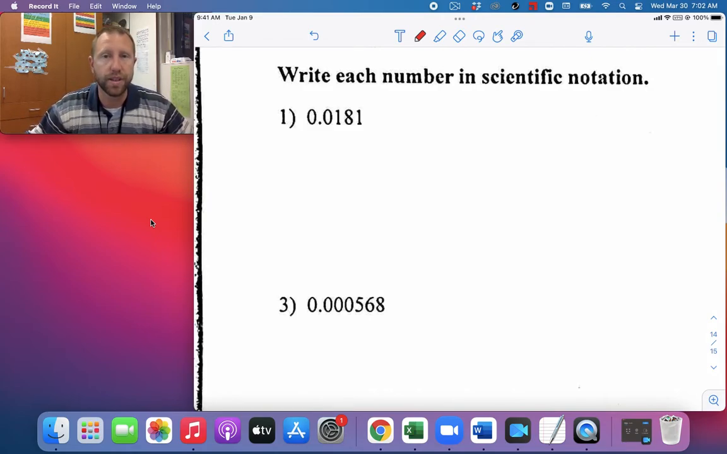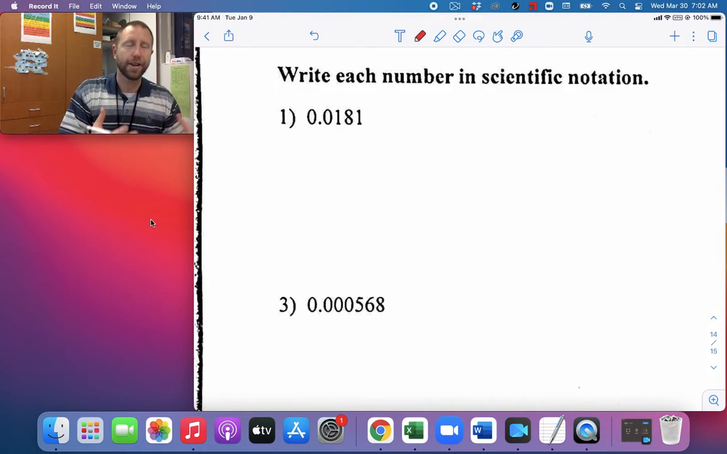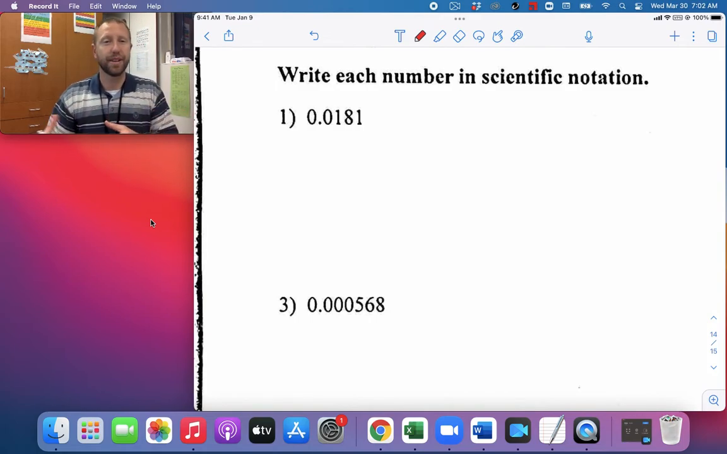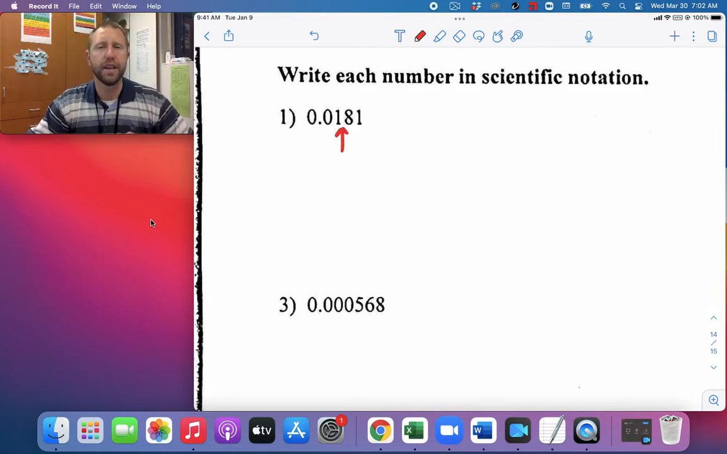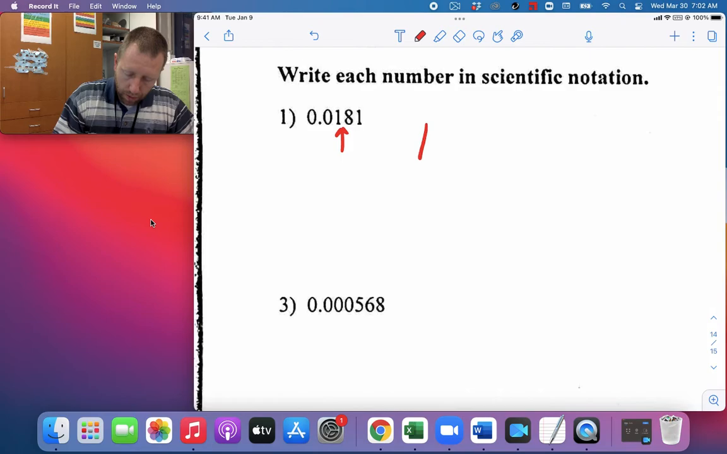I've got 0.0181. Where could I put the decimal so that this number is bigger, greater than or equal to 1, but still less than 10? It's going to be right here, in between that 1 and that 8, because then that number turns into 1.81. So I've got 1.81